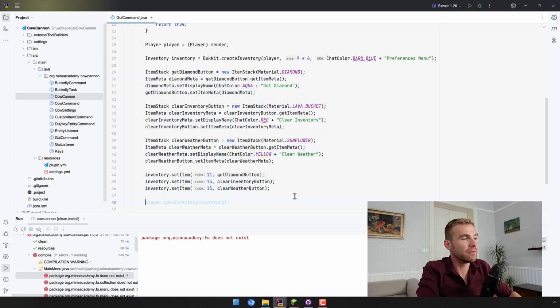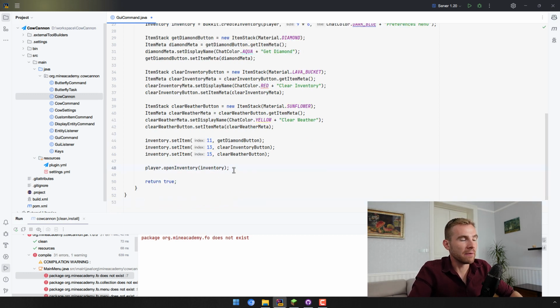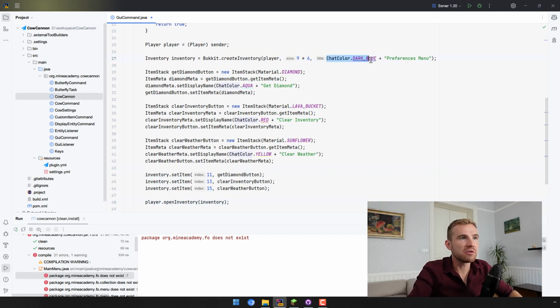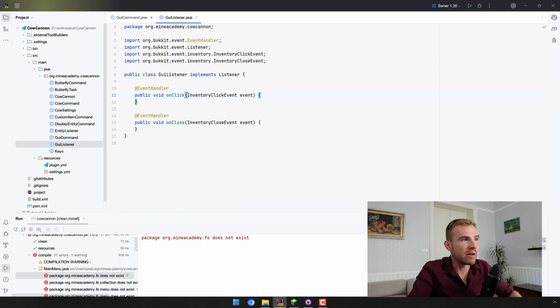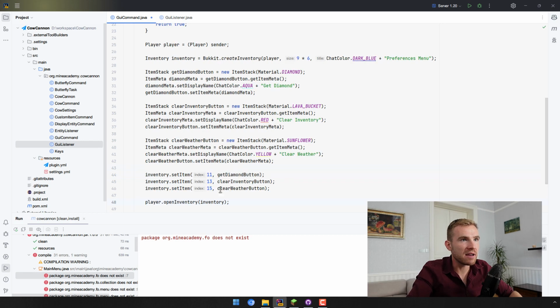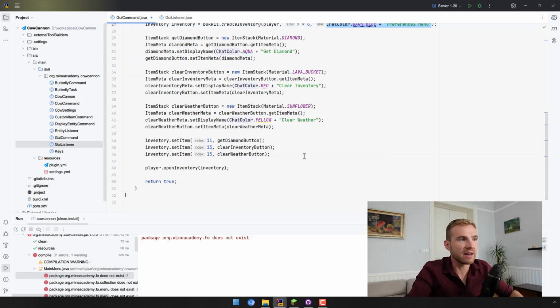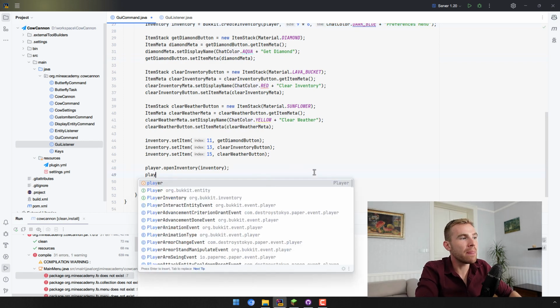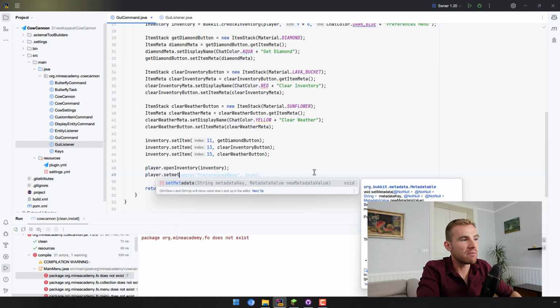Now what do we have to do? We need to simply open it. So call player.open inventory. Now, what I do also recommend, there's a couple of ways how people sort of store the inventory. Some people just like to store it by name, and then they go into their listeners, and then they compare if the inventory that's been clicked contains that name. That is good enough, but the conflict might be that if multiple plugins use the same name, obviously that never practically happens. But there is actually a better way, and I do recommend just setting the metadata